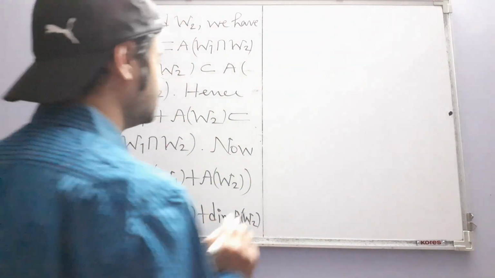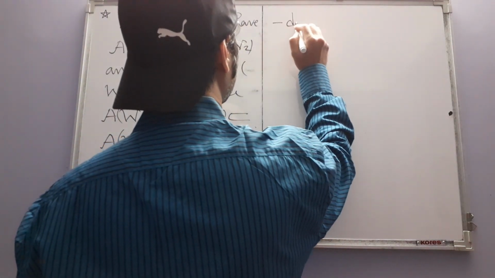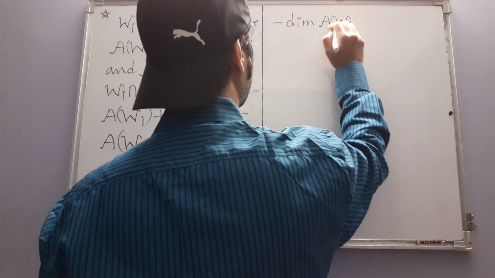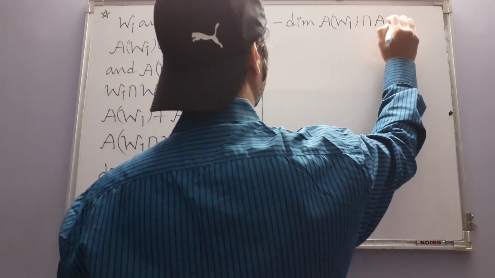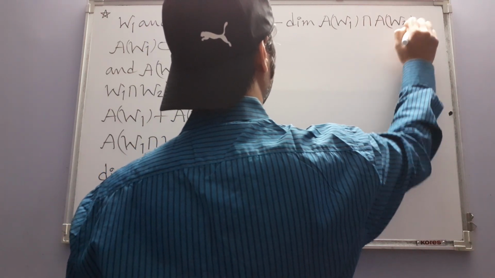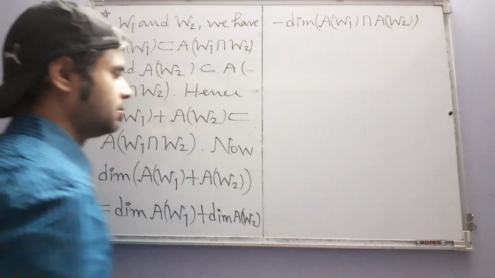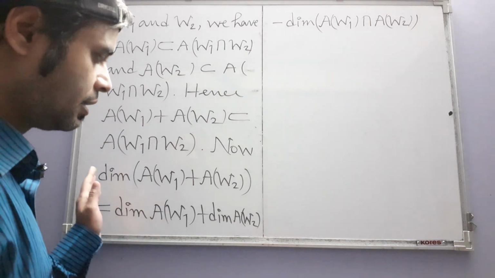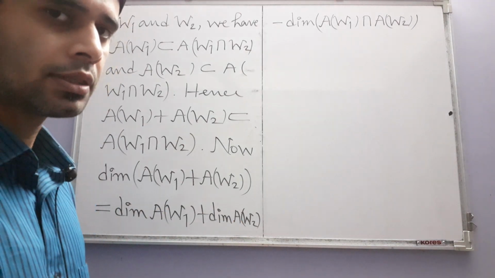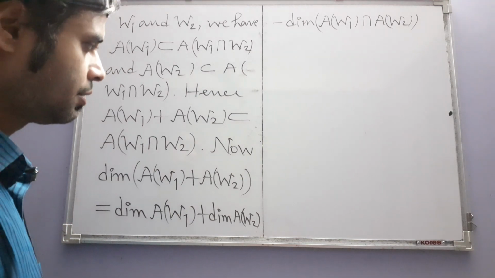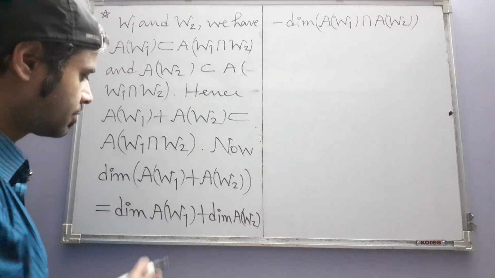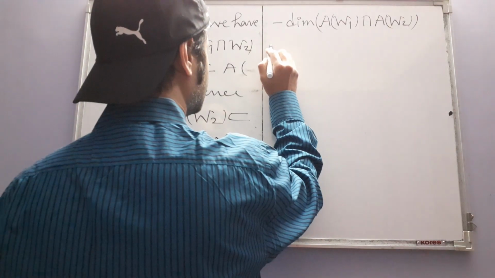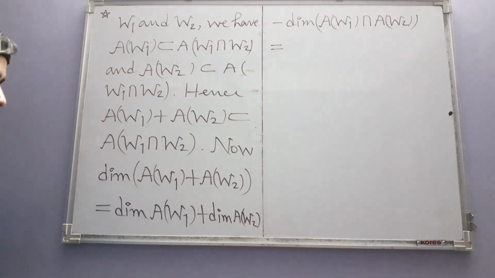So this plus this minus the dimension of A of W1 intersection A of W2, and it's that formula that we have already seen quite a while ago when we were developing the theory of vector spaces and their dimensions. There we have seen this formula, the dimension of the sum of two subspaces. Okay, now things can be further